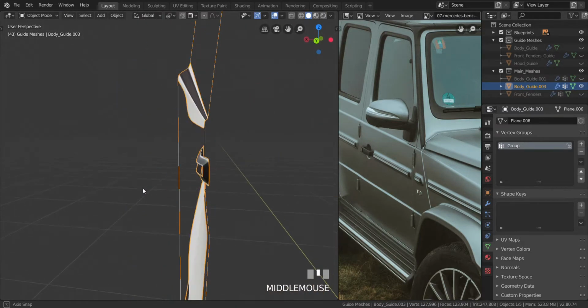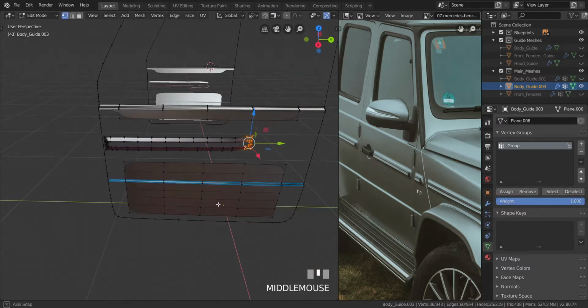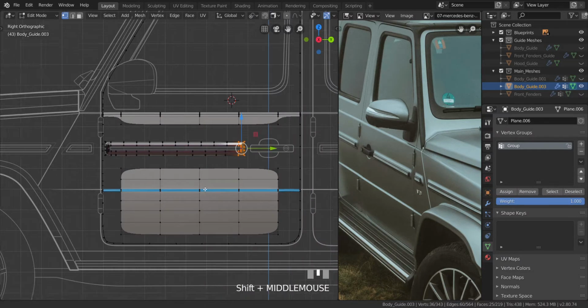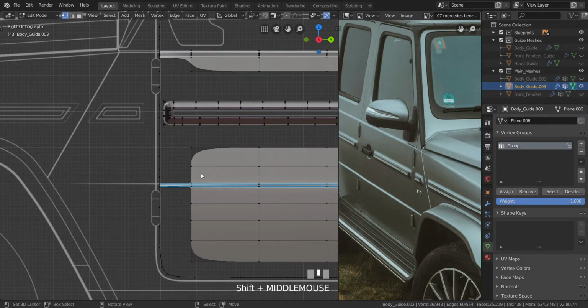So that is where we want it to be. That is looking good. Nice. So we just have to fill in the faces now. So I'm just gonna go into